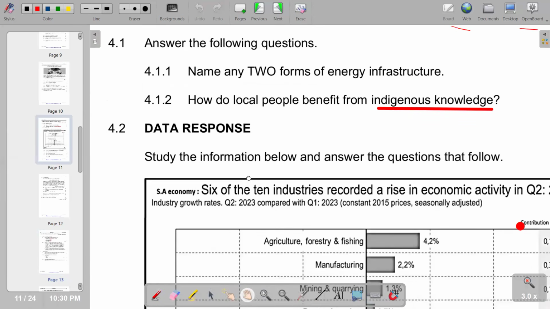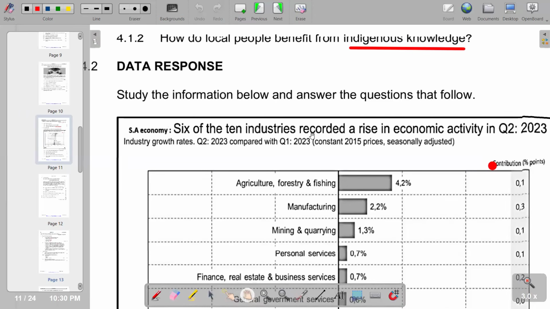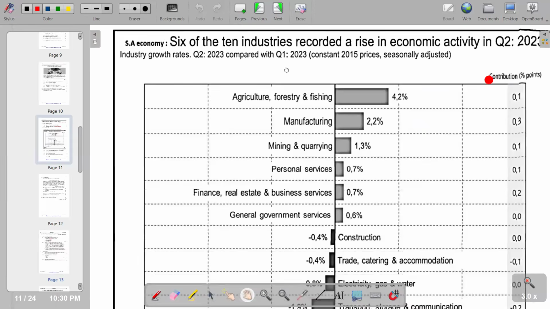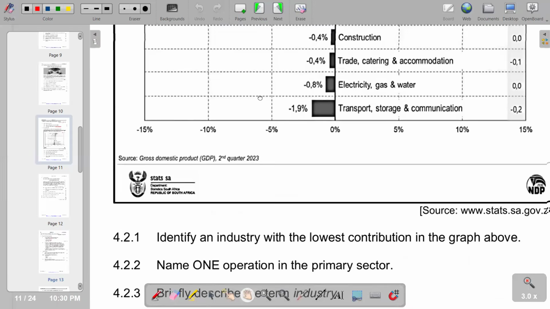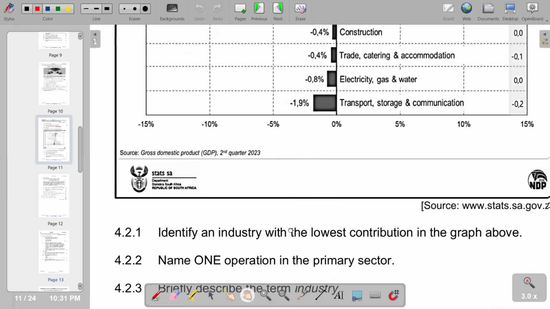and other questions that follow. Of course, we are given information that 6 of the 10 industries reported a rise in economic activity in Q2 2023. So the first question beneath reads: identify an industry with the lowest contribution in the graph above. So we need to refer back to the graph and see which industry you've got at the lowest contribution. So if you go back, you'd see that